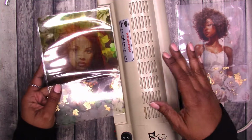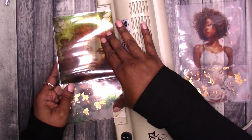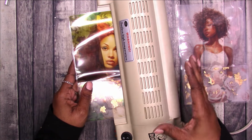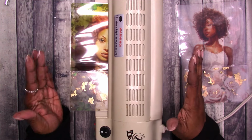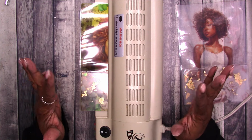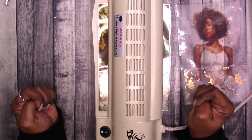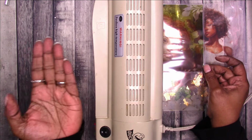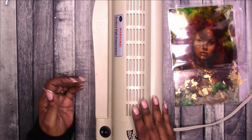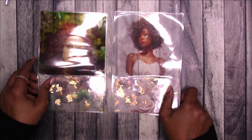So basically what I'm doing is I've done all the cutting, all the trimming, all the corner rounding, and opening the pockets, and then I run it through one more time to make sure all of those places where I cut are still sealed and are as flat as they can be. And also running it through the opposite, or turning it the 90 degrees difference from the way that I originally ran it through helps get out some of the little rumples and bumples. All right, so they're nice and